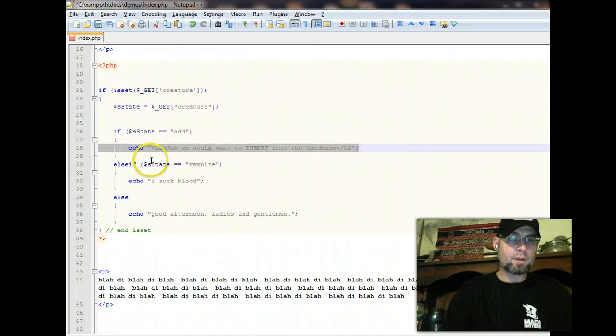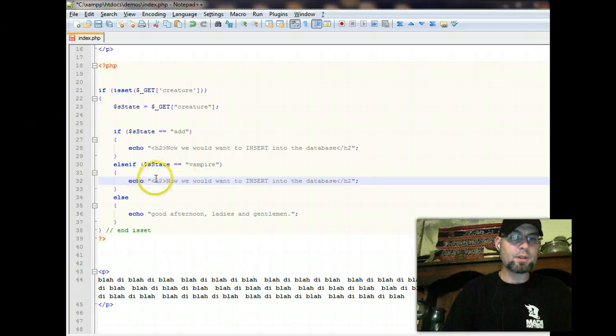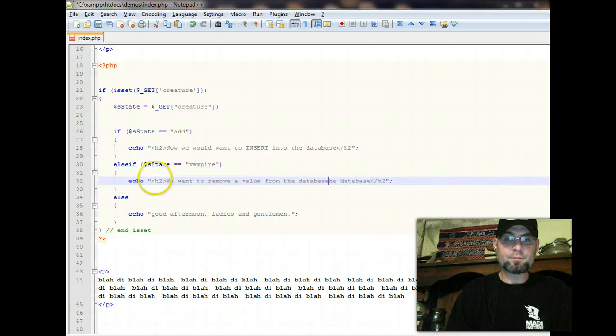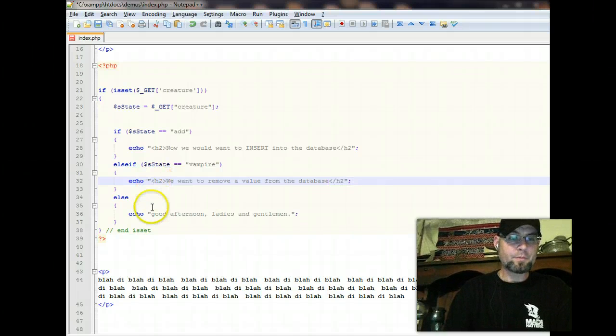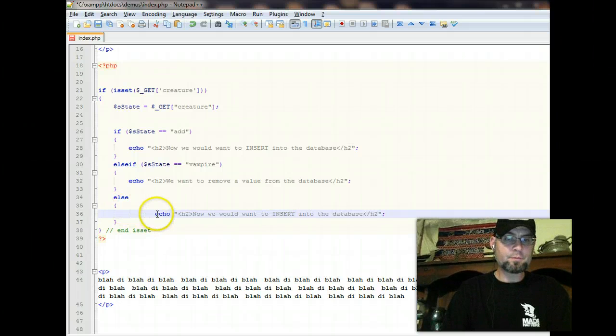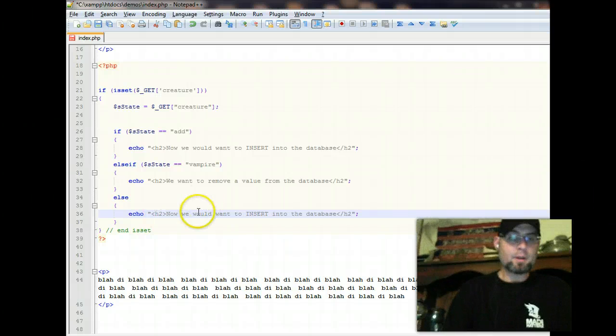And otherwise, if you put remove, so this is just lining up what we think we need to do. Now, we want to remove a value from the database. And then we'll do another one. So we can add, we can remove,